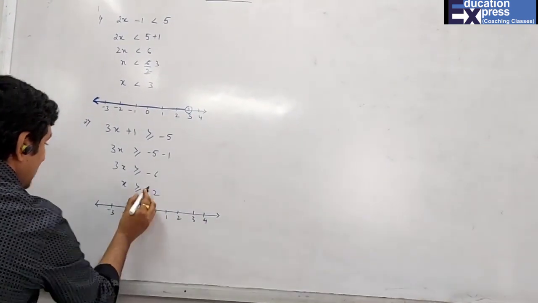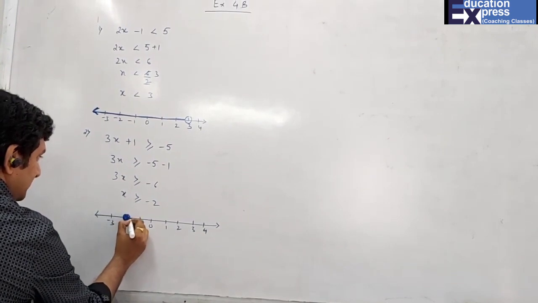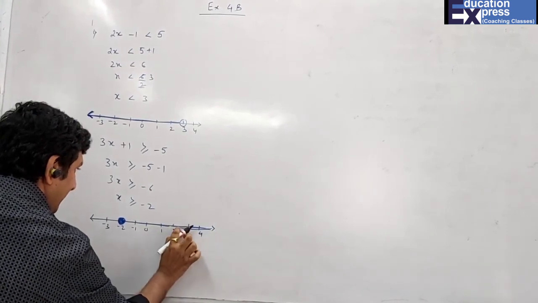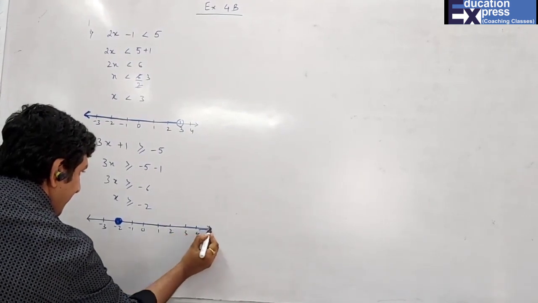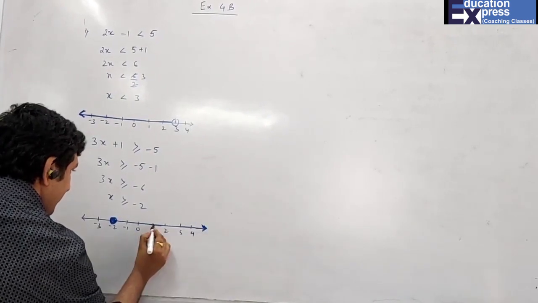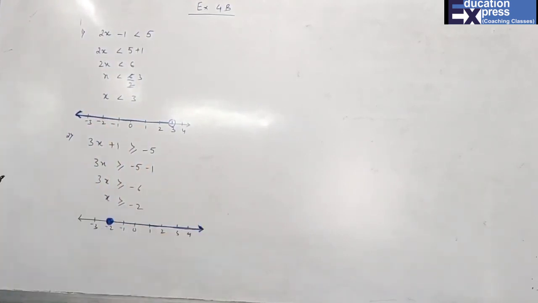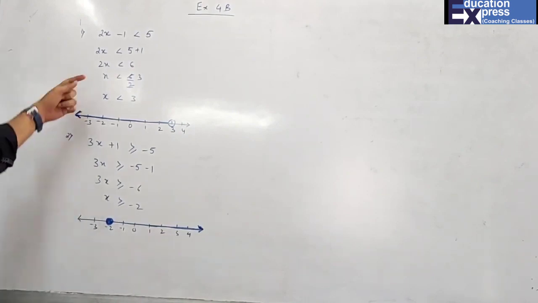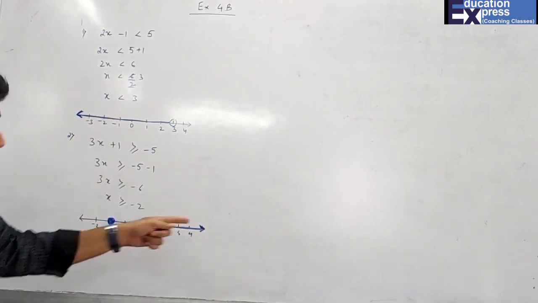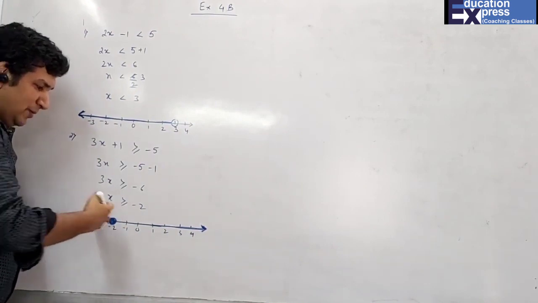Okay. So now minus 2, which has an equal to sign, that means solid circle, and then throughout a straight line. Minus 2, so the entire thing will be infinite. So this is our same sum. If it is less, I'll go left hand side of that number. More, I'll go on the right. X is less, that means numbers are less than 3. X is more, that means numbers are more than minus 2.